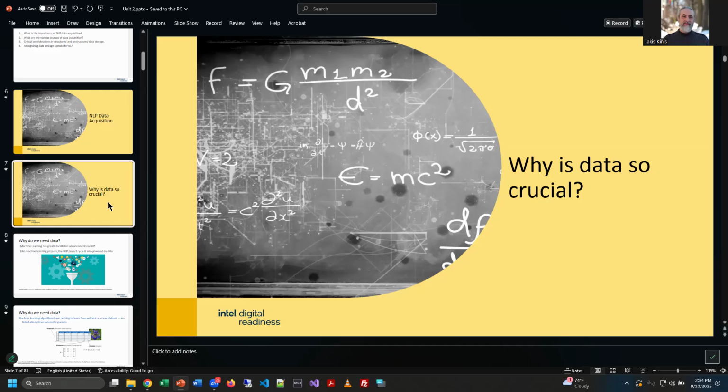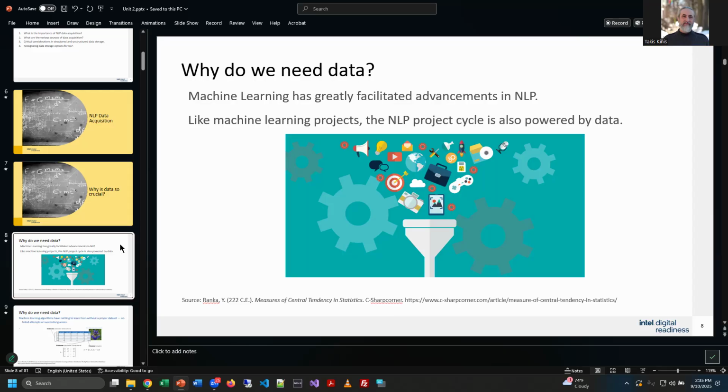And so the question asked is, why is data so crucial to doing this stuff? Well, as you have learned, all of AI really is driven by data. We can't really develop artificial intelligence on any level without not only information, but ample amounts of good quality information. It's important to every aspect of AI, which is why we teach AI with the data analytics program. They're tightly intertwined, right? You can't do data analytics without data, and you certainly can't do artificial intelligence without data, because then you cannot train your models to do anything.